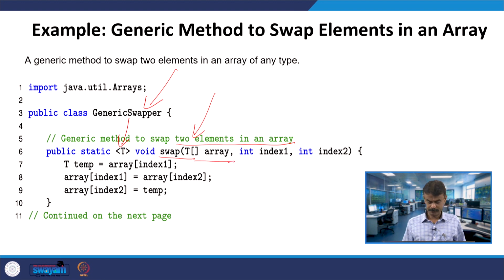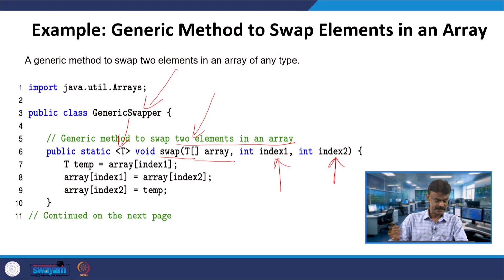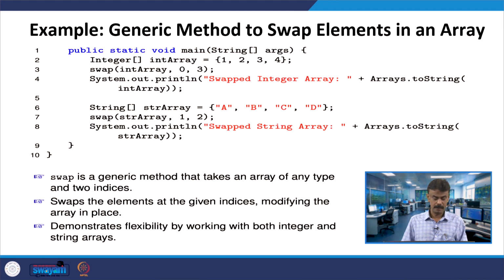So, you have an array and then you are passing index 1 and index 2. So, which indices you want to swap, right. So, those indices are nothing but which indices have to be swapped, that is the meaning. So, let us consider a temporary variable. So, array of index 1 you put in temp, and then array of index 2 you put in array of index 1, and temp will go to array of index 2, right. This is the usual swap program, right. So, assume that all of you know swap, correct. So, now we will go to the main method, right.